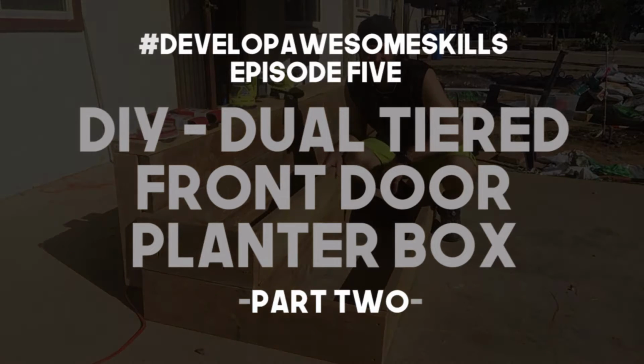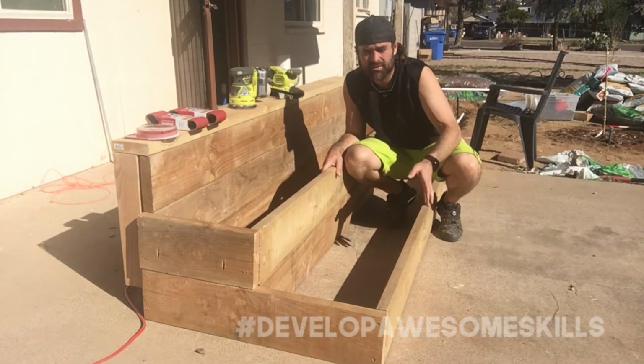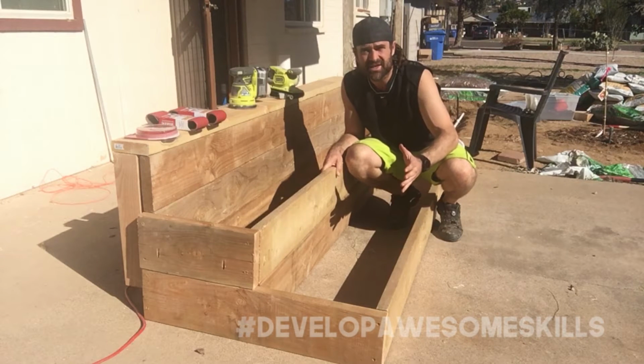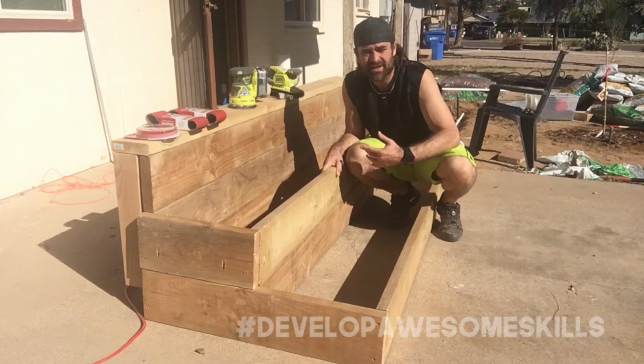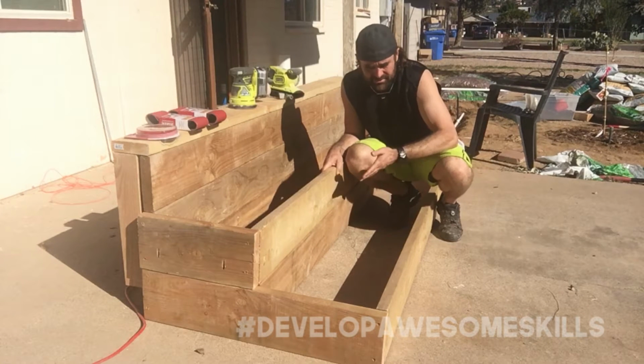I built this planter box for the front of my door, and I'm gonna take it to the next level. I'm just gonna sand the whole thing, all the front facing surfaces, and I'm gonna stain it with the carbon gray stain and use some teak oil to protect it. That's what I did on the inside of the countertops, and I did epoxy on them, but I'm not gonna